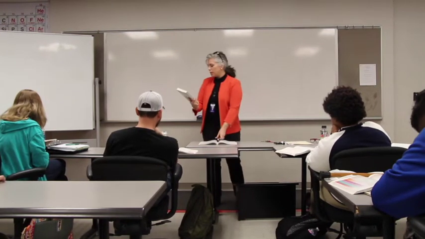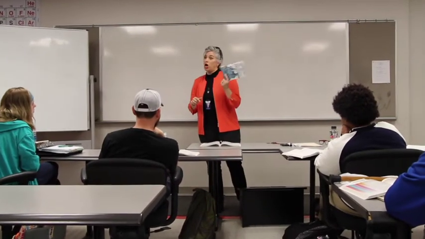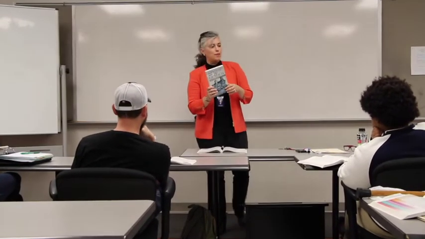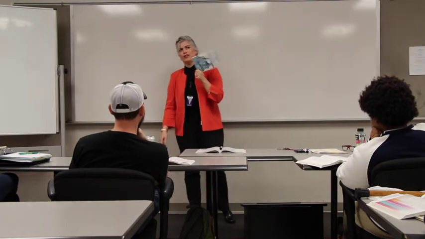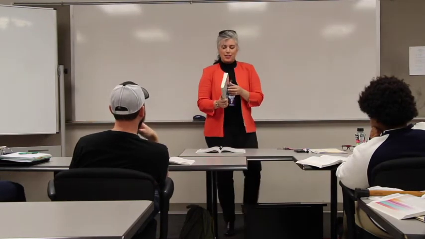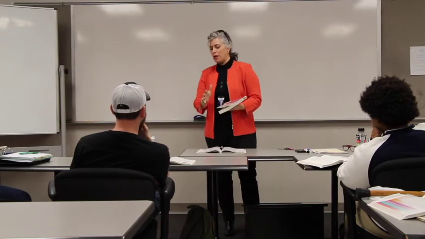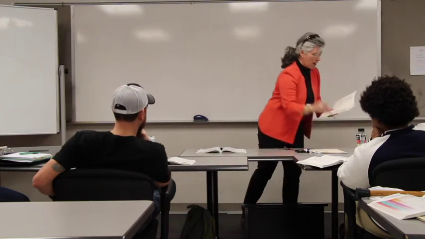And I found this book over the Christmas break. It was $1 on this library website. I think it cost me $2.99 to have it shipped, but it was just $1 itself. And I thought, oh, I've got to get this, because gender is one of my favorite things to teach, but kinship is one of the reasons why I have gray hair. Because this gal who wrote this book, in the very first paragraph of the preface, I brought it in so that I could read it to you.